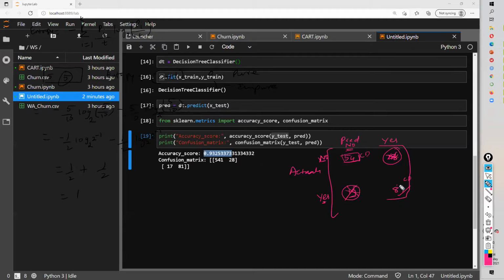Right? So to understand the confusion matrix, I have given a detailed introduction in my introduction to data science class. If you want, if there is a recording, you can just revisit it or just try to read about what confusion matrix is over the internet. You would be able to get it. Okay.